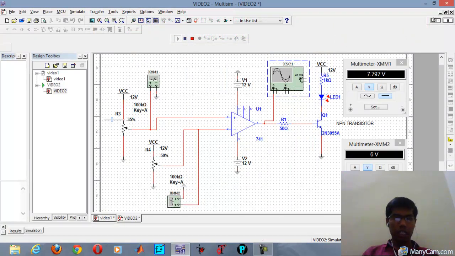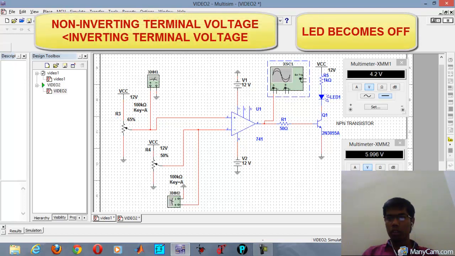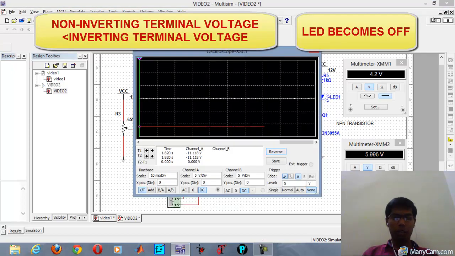If we change the resistance of the non-inverting terminal, if we increase it, as seen from multimeter 1, the voltage at the non-inverting terminal becomes low, 4.2 volt, and the inverting terminal voltage is 5.996. Meaning the inverting terminal voltage is higher than the non-inverting terminal voltage, so the output of the op amp becomes minus 12 volt. So